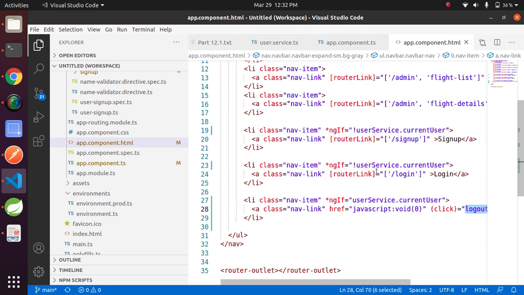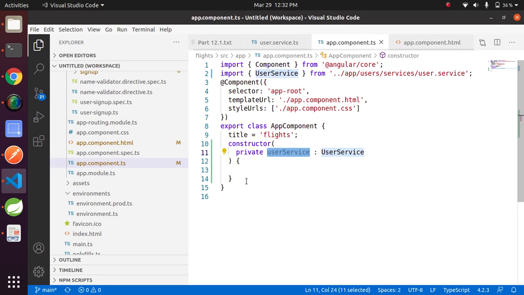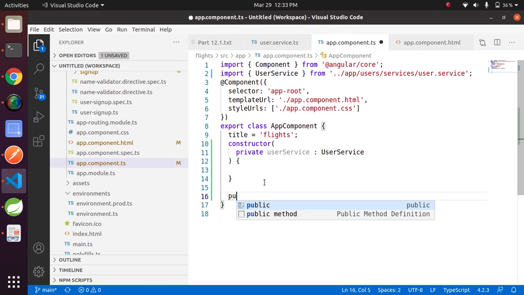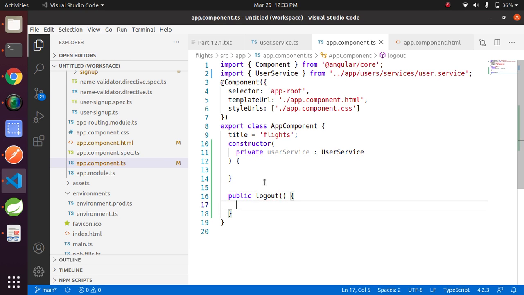Add this method into app component.ts. Public logout to remove token from the session storage.